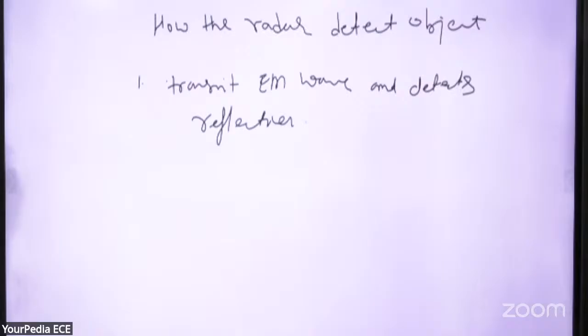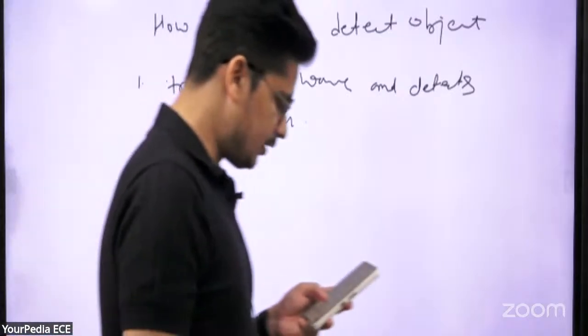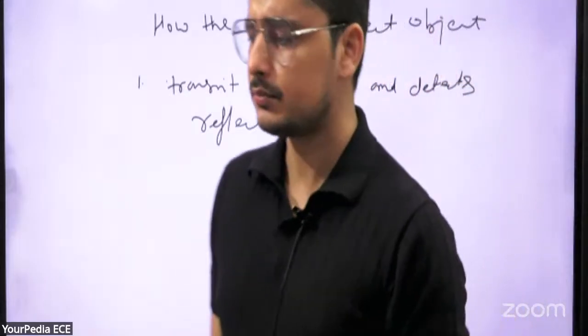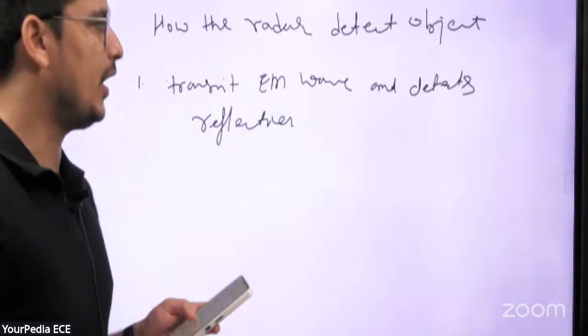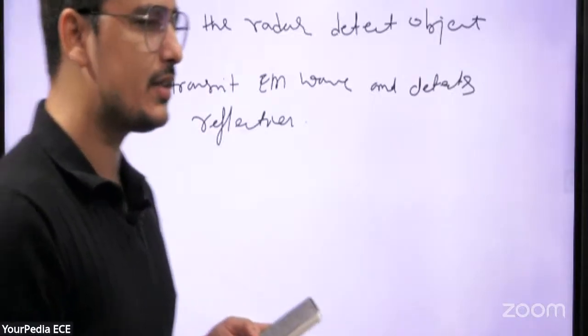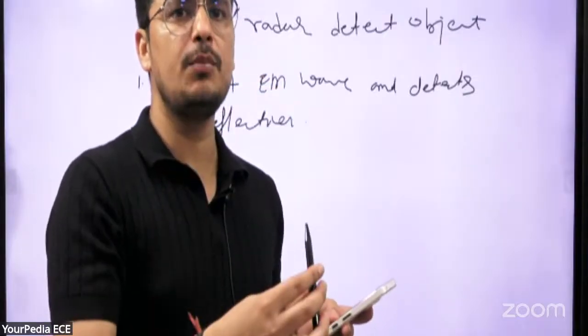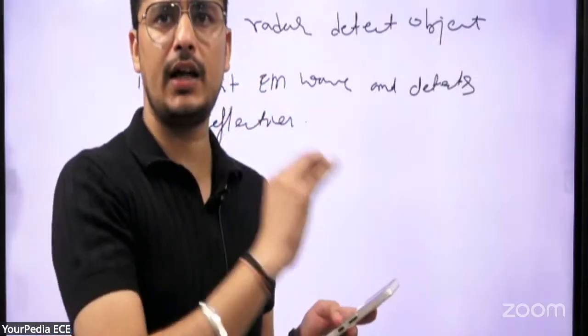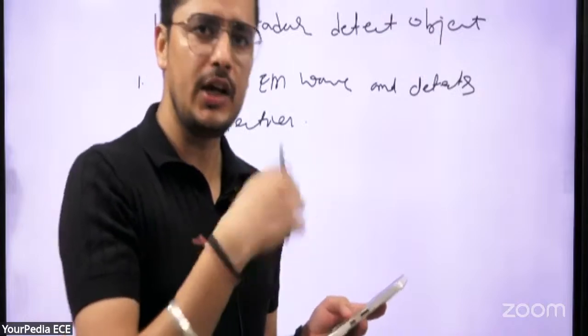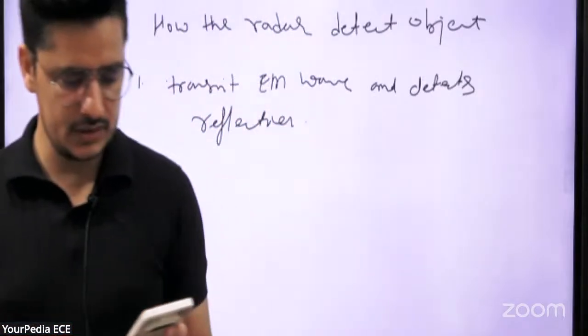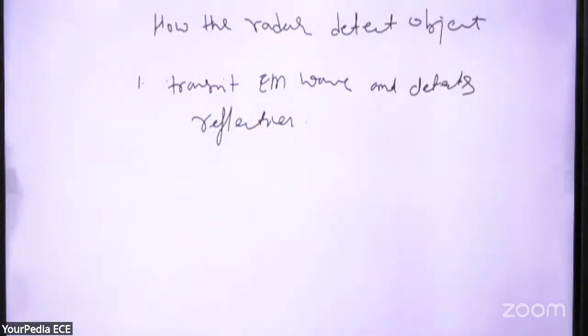One more question is, I think, from the superheterodyne receiver. I don't know whether it is correct or not, but the question is which block in a superheterodyne receiver converts the input signal into intermediate frequency. When you see the block diagram of a superheterodyne receiver, you can see there is a mixer which takes the input from the local oscillator and from the received signal. It will convert that input signal into the intermediate frequency. So that is the mixer.